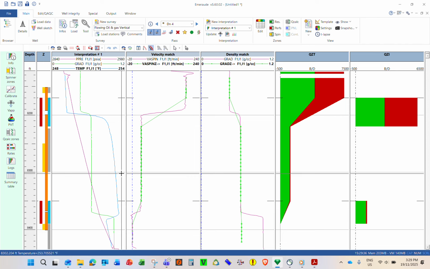Almost there. Yeah, look at the plot. So the bottom plot is something like this.